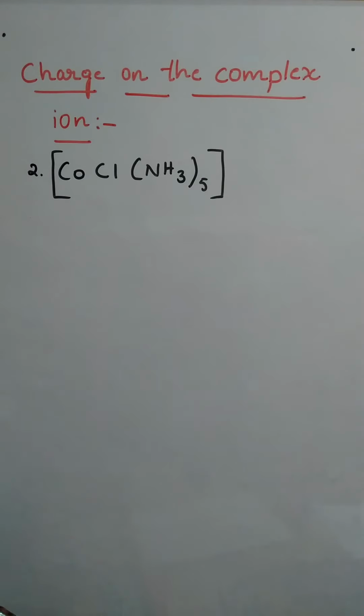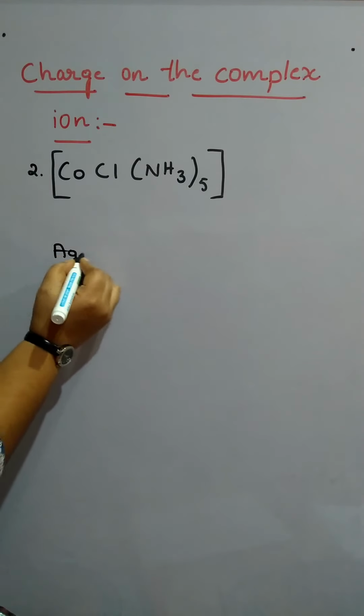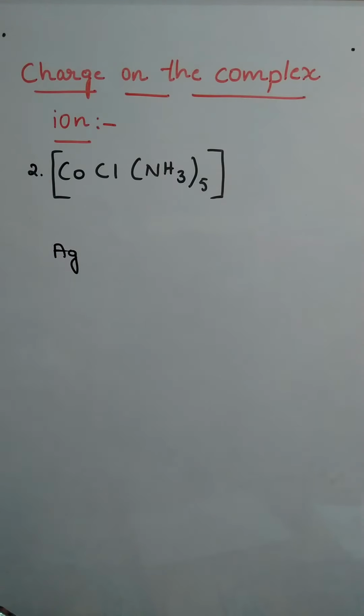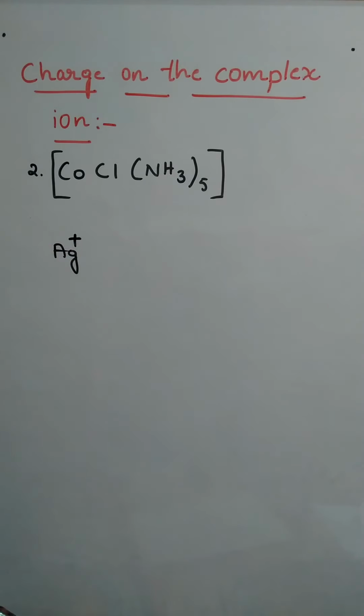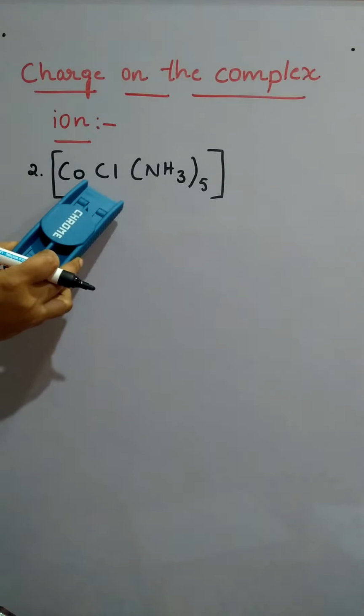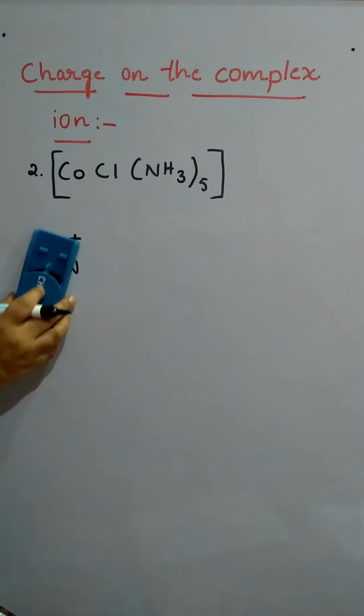Cobalt will always be with +3 as the charge. Likewise, Ag is very important: Ag in a complex will always be with only +1 as the charge. Nickel we have seen, +2 and 0. Cobalt is also like that, it forms +3 and 0 also. But Ag, in a coordination compound, will always have a +1 charge. So we shall move on to the next example.